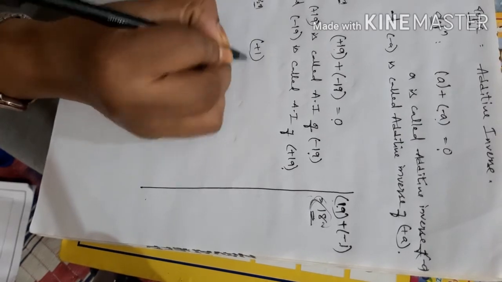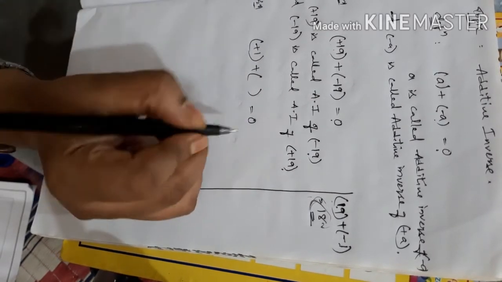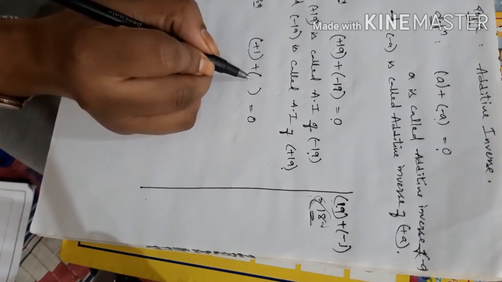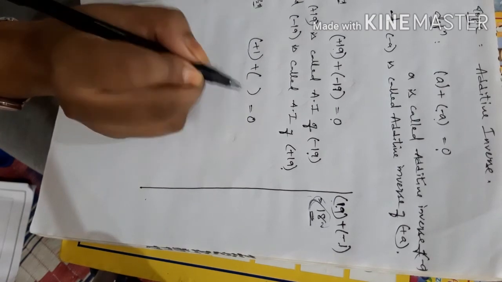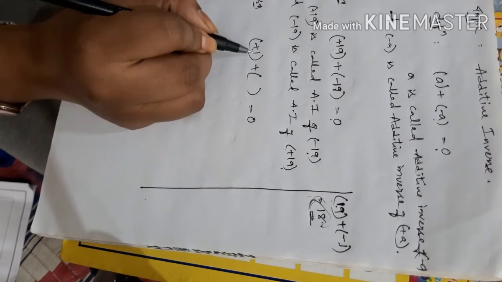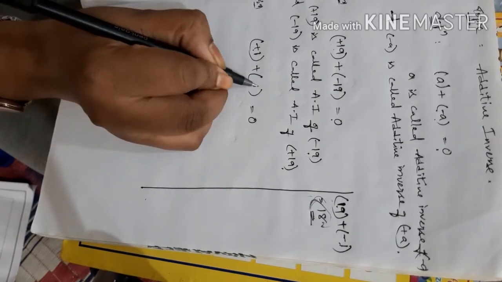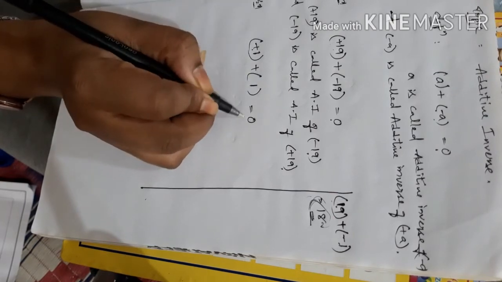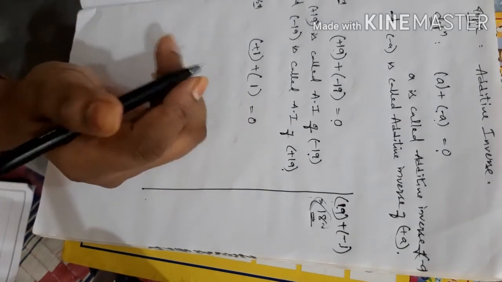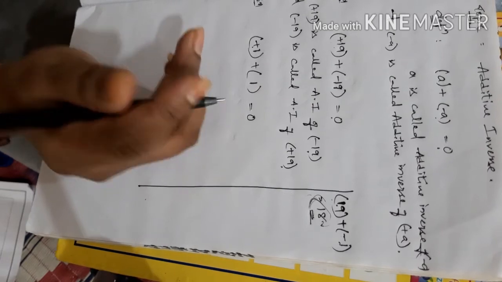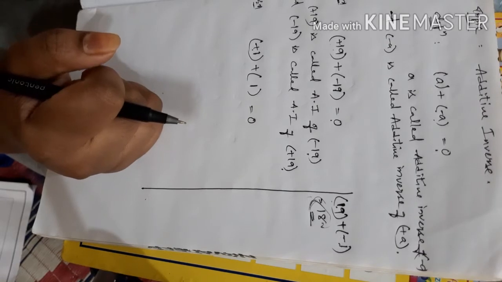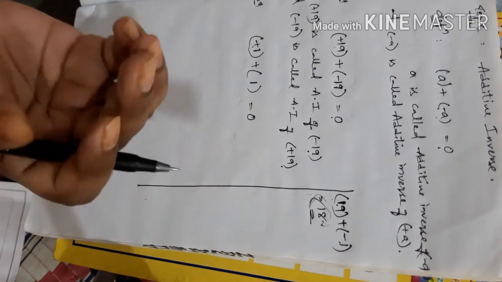Plus 1 is there. By adding what to this plus 1 will you get 0? Because plus is there, obviously you need to take a negative integer. So 1 is there, if you add the same 1, what will you get? 1 plus 1, 2. I want 0. See, I am giving 2 apples to you, so when will you have 0 apples? If I take back 2 apples, then only will you have 0 apples in your hands.